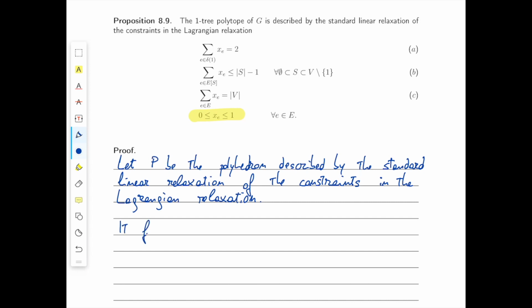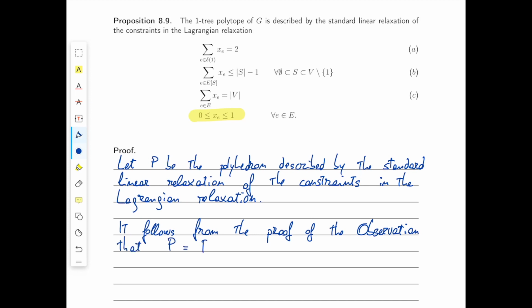It follows from the proof of the observation that